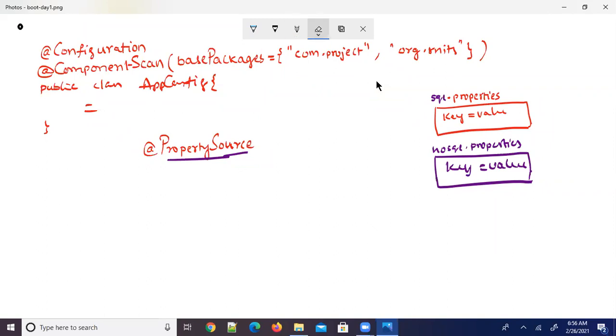So what I'm going to do now is add annotations like this. @Configuration indicates this class is a Java configuration class. The next annotation is @ComponentScan.